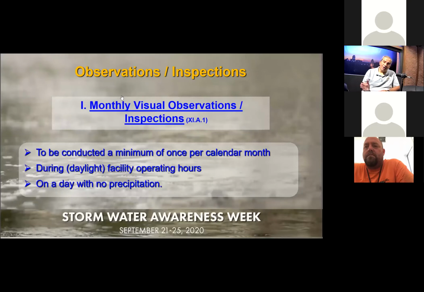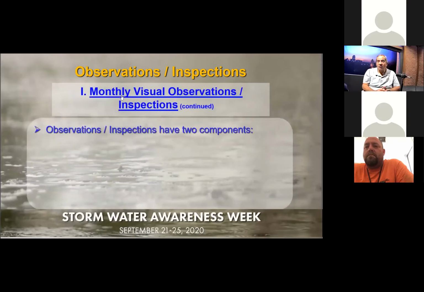Now, what we recommend is you wait towards the end of the month, because if you do an inspection July 1st and then June 15th, you have a discharge of non-stormwater, then you have to go back and say, well, we have to go back and change that. So you want to wait until either a discharge happens during that month or at the end of the month when you do your final inspection. One thing to keep in mind also is